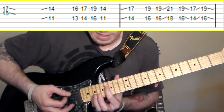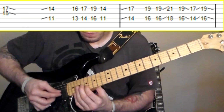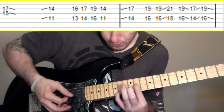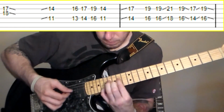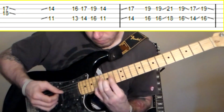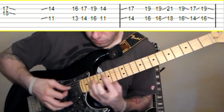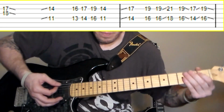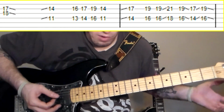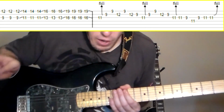Okay, so it ends on that 16 and it kind of slides out. So with the rhythm we have. So those are the notes, and whatever effects he's using, I'm not 100% sure, but those are the notes. Okay, now the next part is